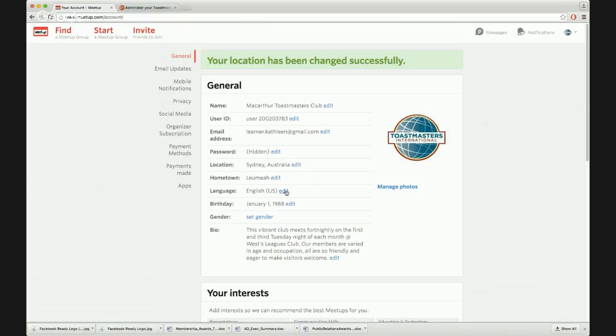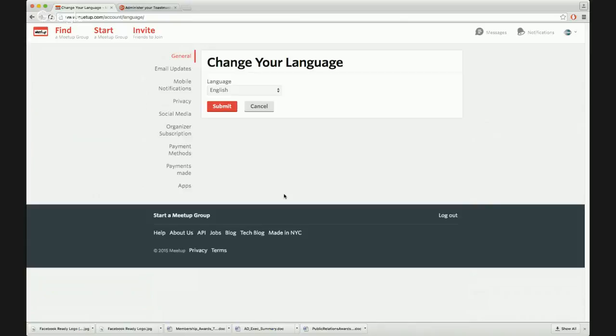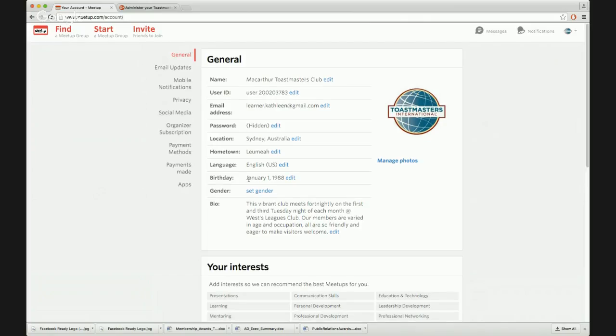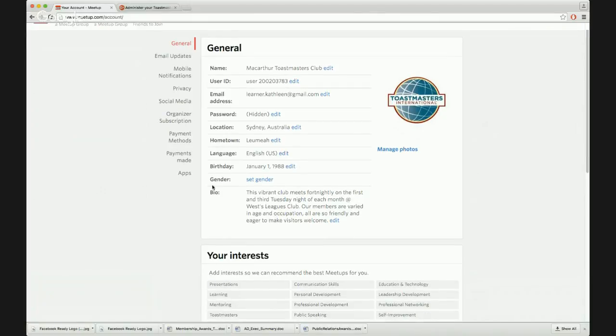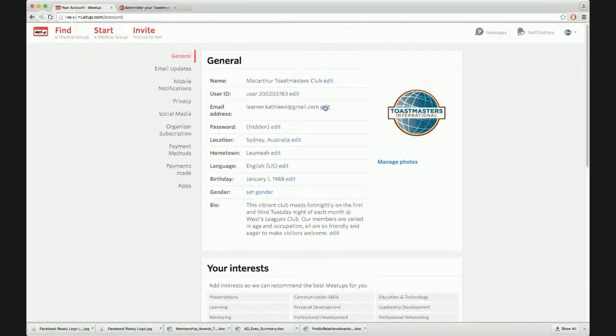Our language is English, United States. I don't know if there is an option. No, it's just English. Birthday, January 1988. Oh, it would have done that based on the age that I entered. Gender, we're not going to set a gender because obviously it's a club. Clubs aren't particular genders. Now, you can see just in there what I was doing is I was clicking on